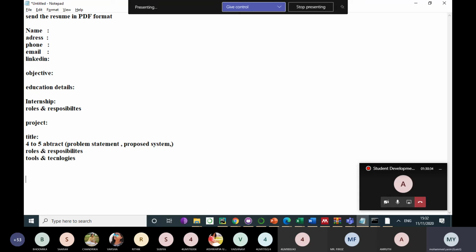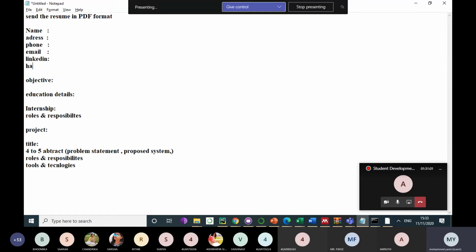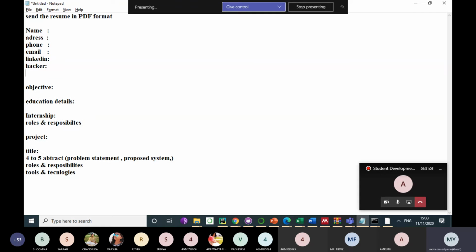Then there is the achievement section, if you have won any awards or presented some blogs and all. You can write it as hobby projects, mini project or major project. Everybody's resume will have mini and major projects, so you would have a hobbyist project section where you can write about the projects you have done and worked on. And if you have hackathons, you can also put your HackerRank link.